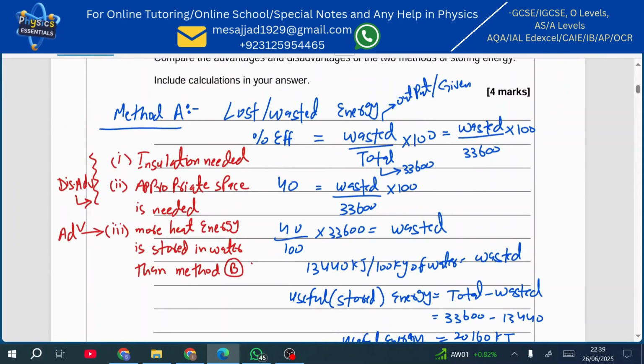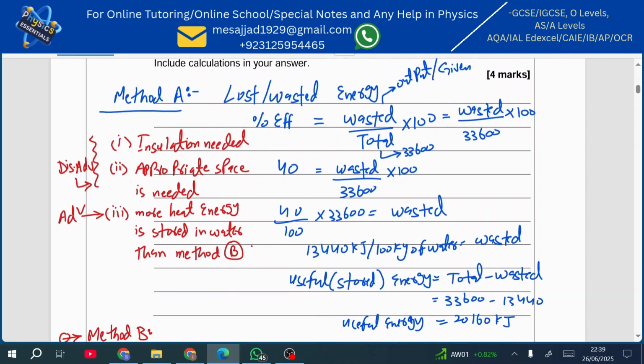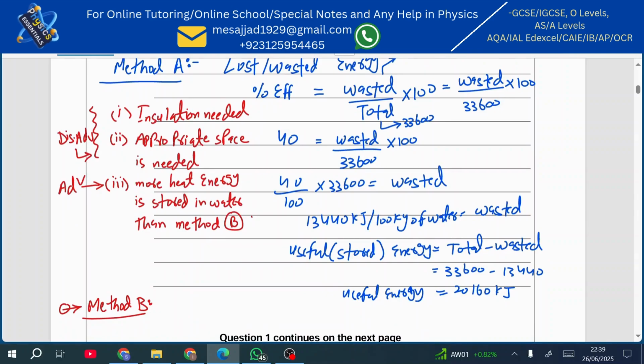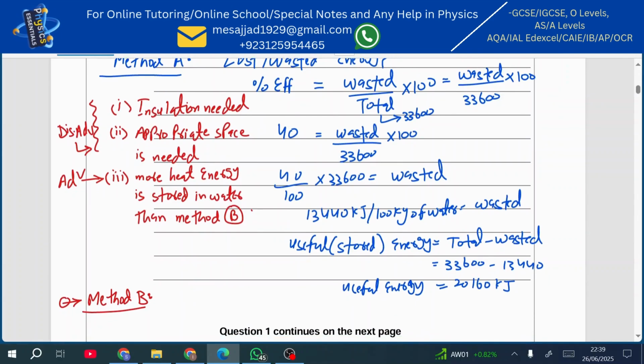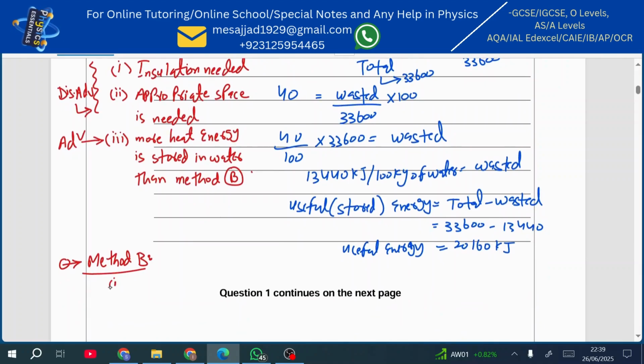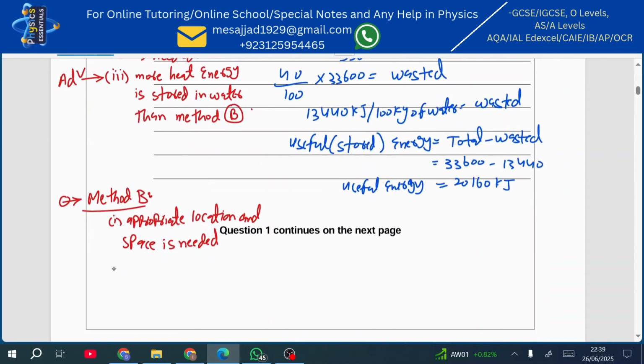And in the advantage and disadvantage, first of all, you have to say that because you are pumping the water uphill to some place, that means you need some appropriate location, right? Appropriate location and space is needed to store, right? And the problem is that can be your disadvantage, right? And one more disadvantage is